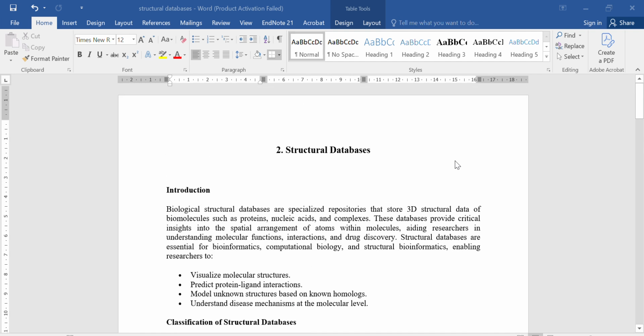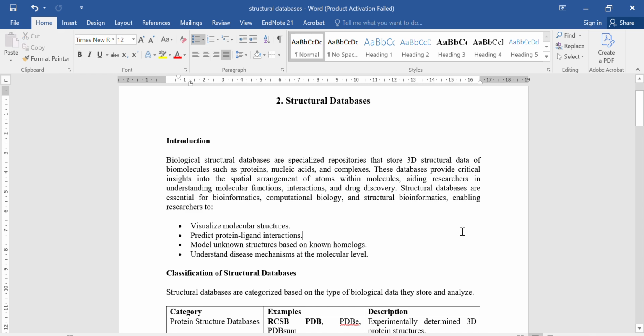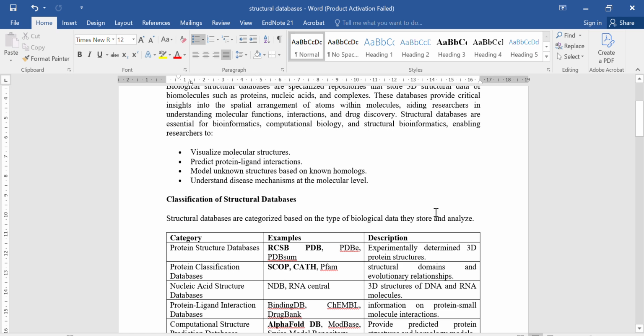So, an introduction to databases. As you know, databases are repositories in which structures of biomolecules such as proteins, ligands, which means chemicals, RNA, DNA, everything you can get have been deposited. You can get 2D and 3D structures also. Mostly we use 3D structures for the analysis, and sometimes we also use 2D chemical structures,